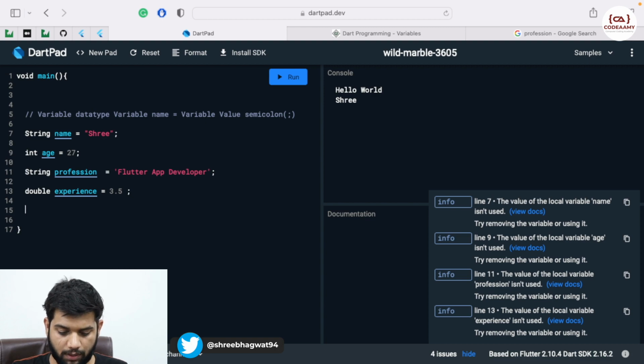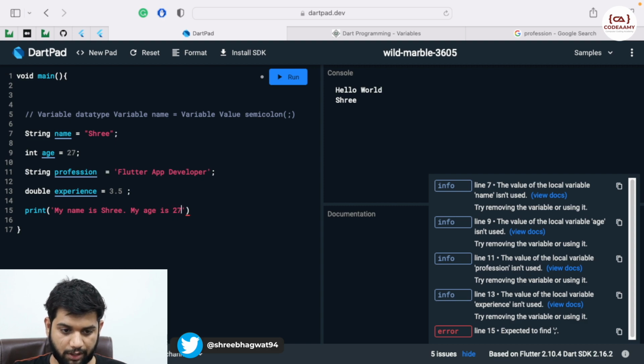Now what I can do is I can just write a print function over here, and I can directly write my name is Shri, my age is 27 years.